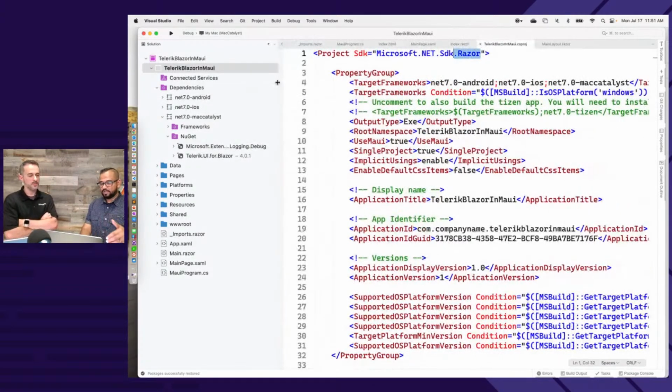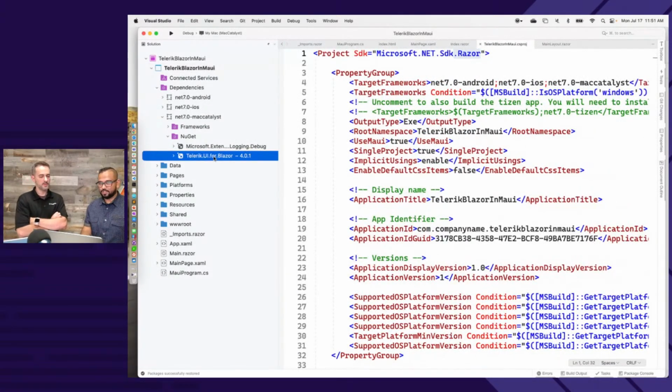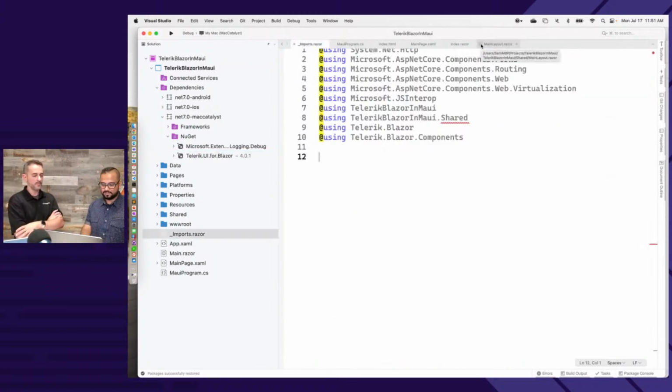Without this, you cannot just bring in Telerik UI for Blazor into a mobile app or a desktop app. It's going to complain that, hey, I don't know how to render my stuff. The Razor language services aren't there as well. Exactly. So you drop the file in, you won't get any syntax highlighting, none of that. No. Razor file. And the NuGet package is going to complain that I'm not meant to be in this type of project. But here it doesn't, because it already has the Razor services.